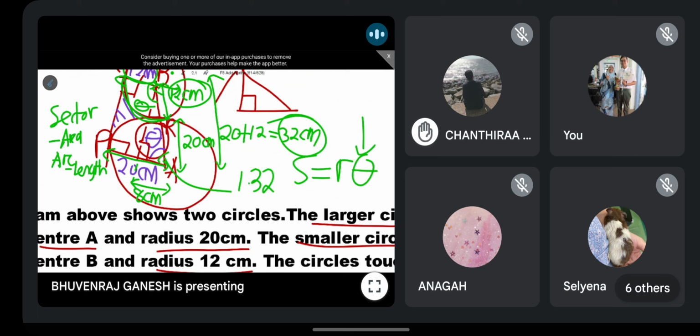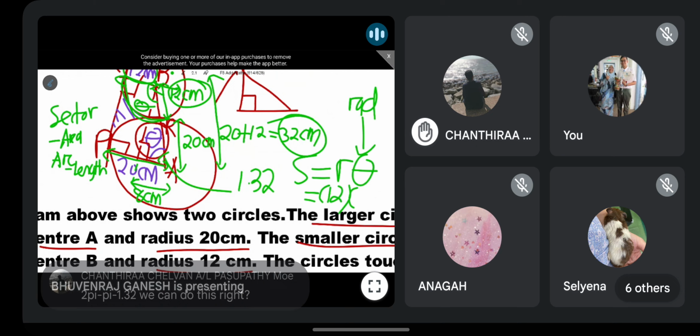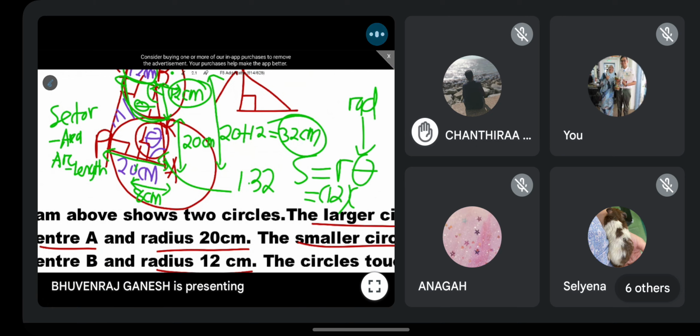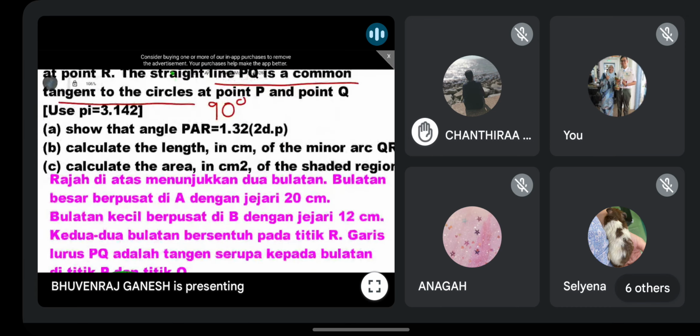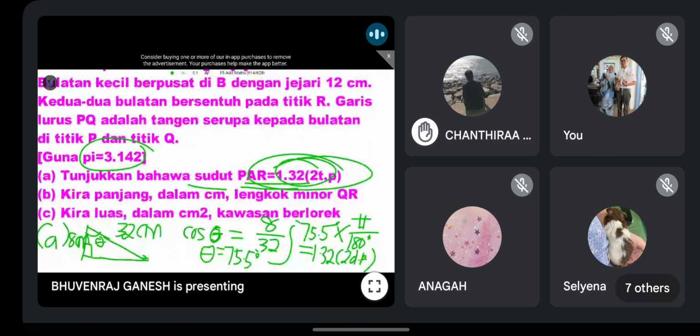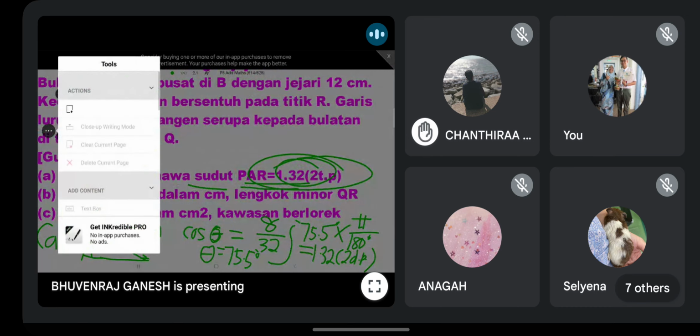Okay, so you will get this one is radian. So then kamu ada 12. Lepas tu theta, you just take 2 pi minus 1.32. Yes, okay, correct. Like what she wrote. 2 pi minus 1.32. Yeah, exactly like that. Okay, then you can get the answer. The pi you can use 3.142. Okay, so for part B,